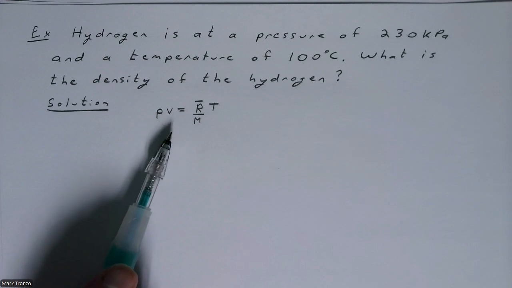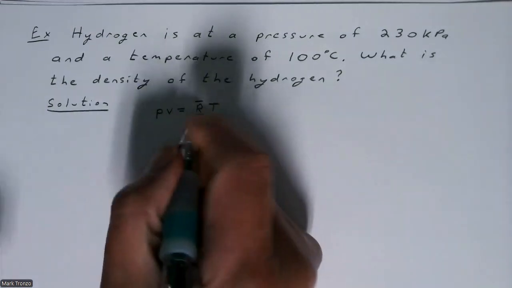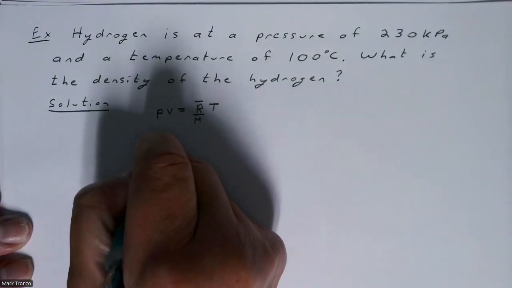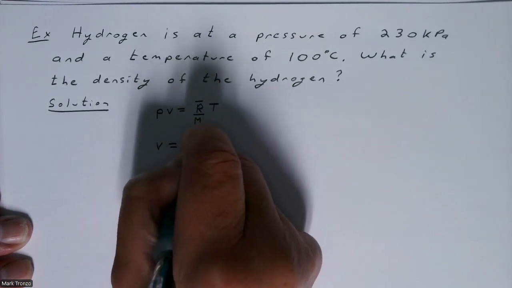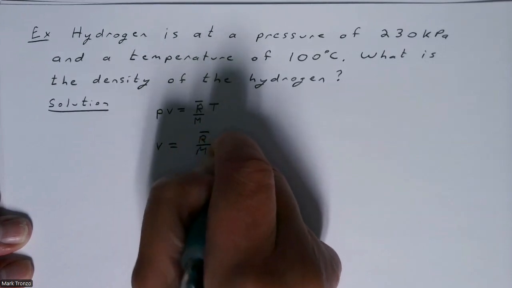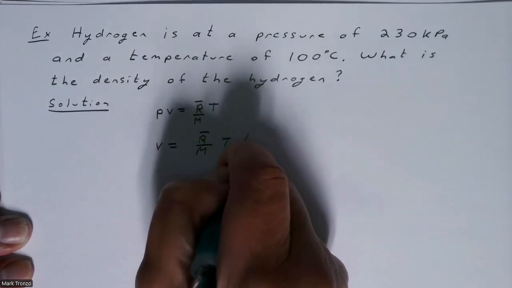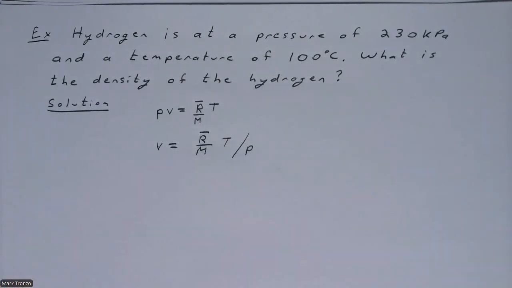So we want to find out what the density is. You could do this a couple of different ways. I'll solve for the specific volume and then convert to density. That'll give us an extra operation we can do just so we get used to this. So I'll divide both sides by the pressure P, like this. And then if we look in the back of my book,